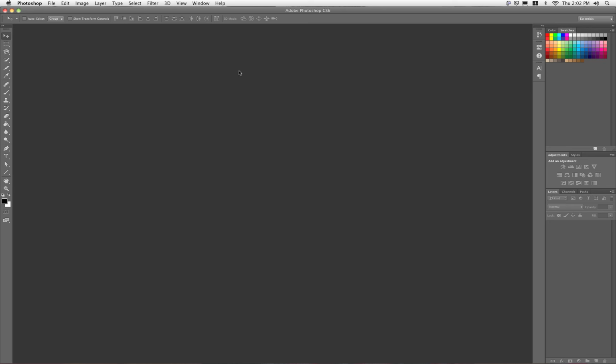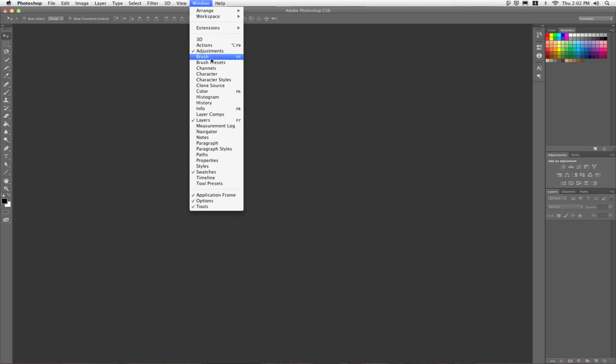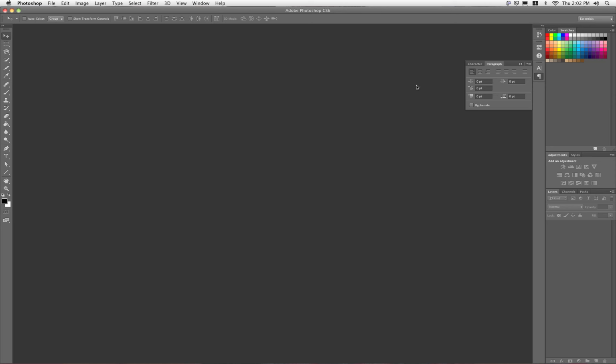Now if we want to add or delete panels from our interface, we can go up to Window, and you can see here a whole list of panels to choose from. For example, text for characters and paragraph,